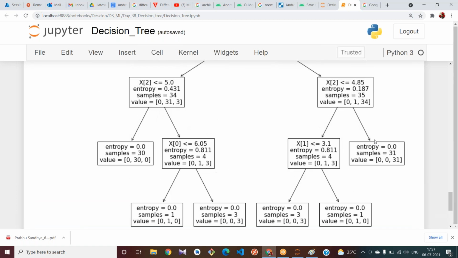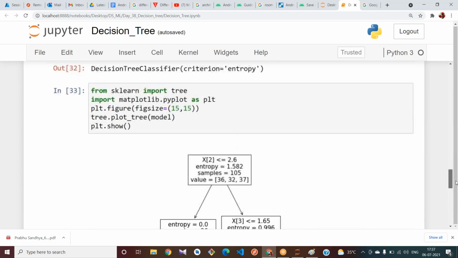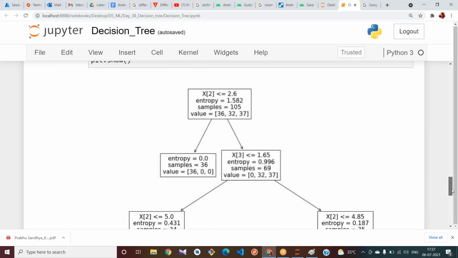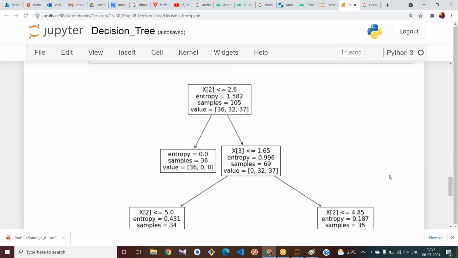And under every split you have other 2. Total 6. We can also control our levels. As this is only 150 rows of data, there are only some levels.